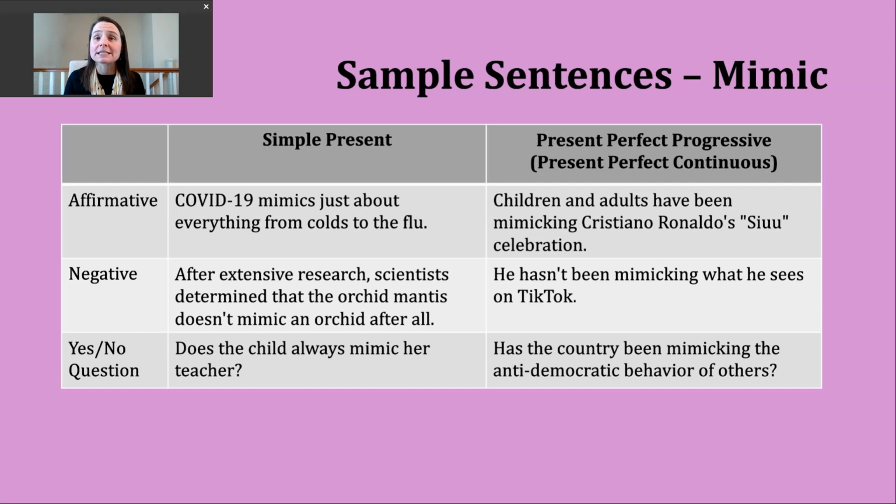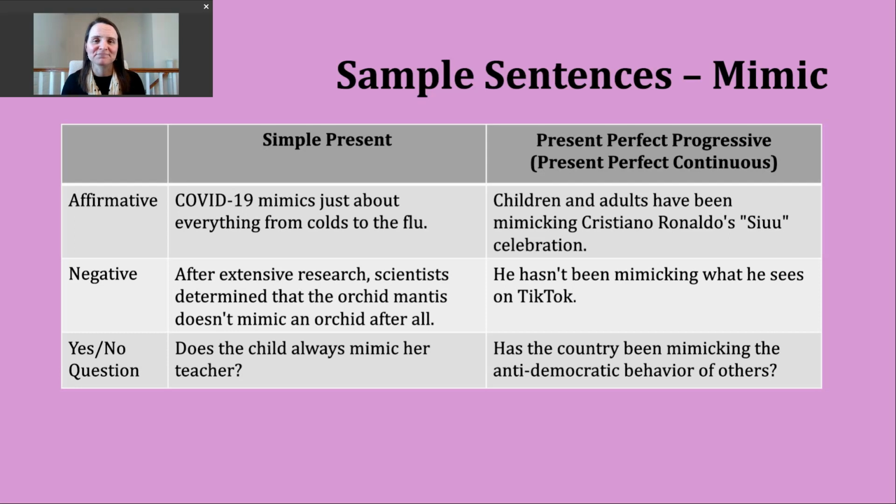So again, notice in my yes or no question, I'm not adding an S to the end of the verb. I'm only doing that in the affirmative when my subject is he, she, or it. So let's take a look at our example question. Does the child always mimic her teacher? Right? So this is going back to that first definition, likely trying to imitate maybe her words, her